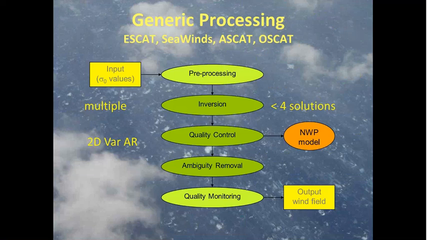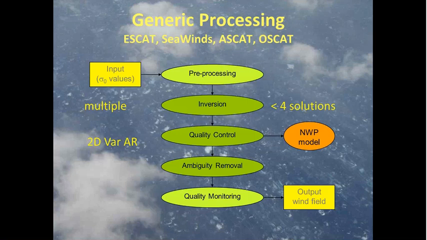Spectrometer processing works in the following way. We need the input values of backscatter. So we measure how much of the radar beam that is emitted to the ocean is backscattered to the antenna. And these backscatter measurements are then normalized and they are called sigma naught. So we have input sigma naught values. We have a pre-processing step where we check the quality of the inputs, whether it's according to expectation. And then we have values for each of the different beams that contribute to a local wind vector cell. So for ASCAT we have 3 beams, forward, mid and aft beam, as I showed in the movie. And then we process them together in a wind inversion step.